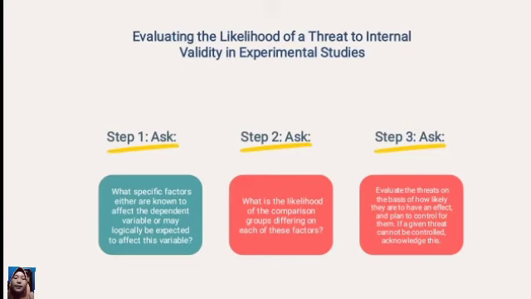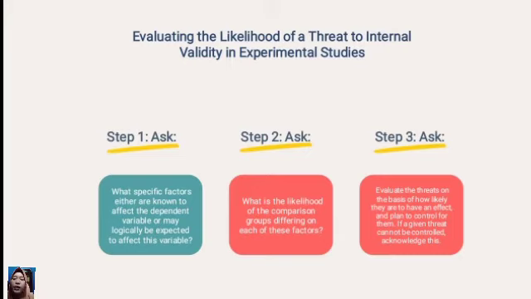Step 1, ask what specific factors either are known to affect the dependent variable or may logically be expected to affect it. Step 2, ask what is the likelihood of the comparison groups differing on each of these factors. And step 3 is